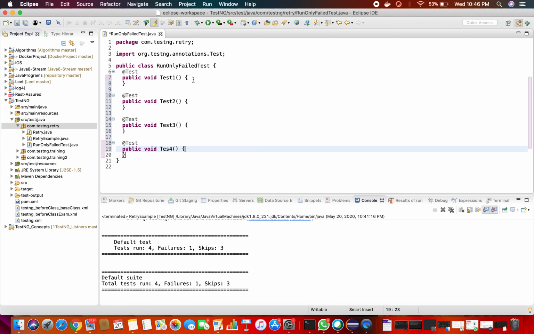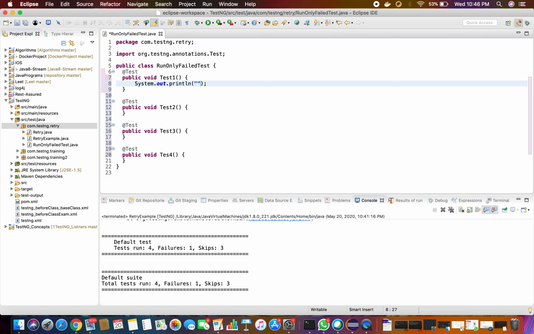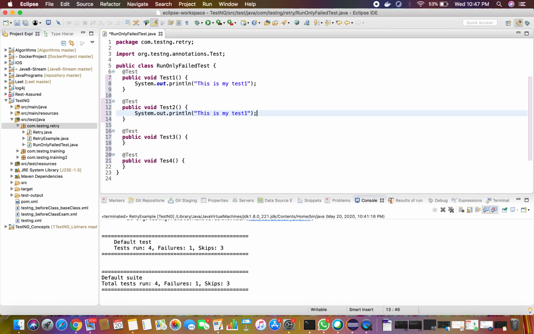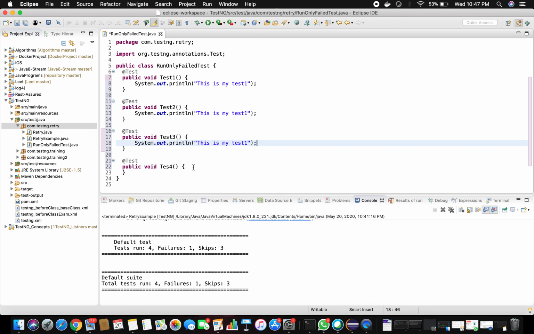Okay, I have 4 test cases here. These are the 4 test cases we have.